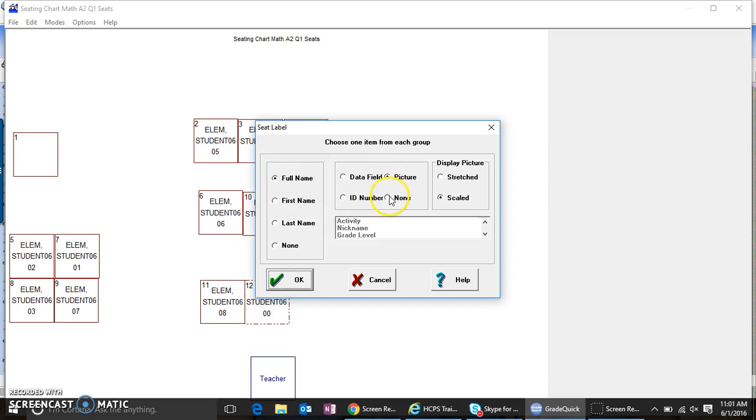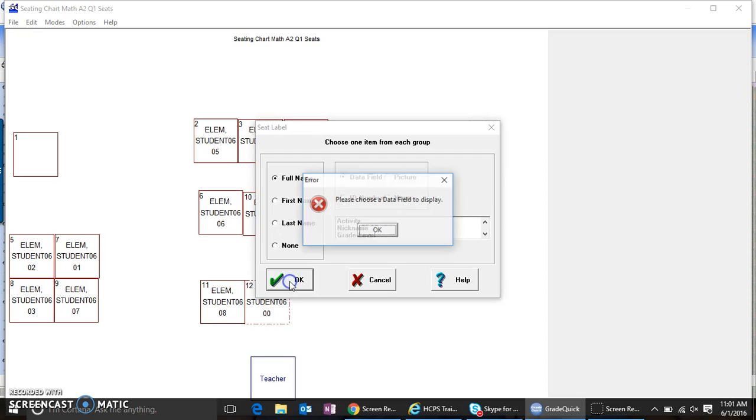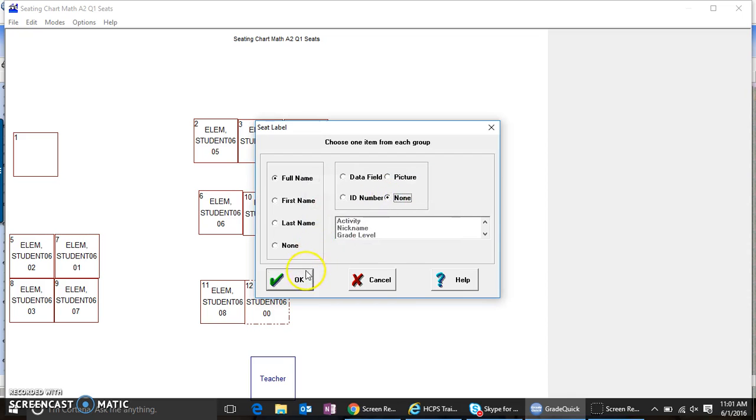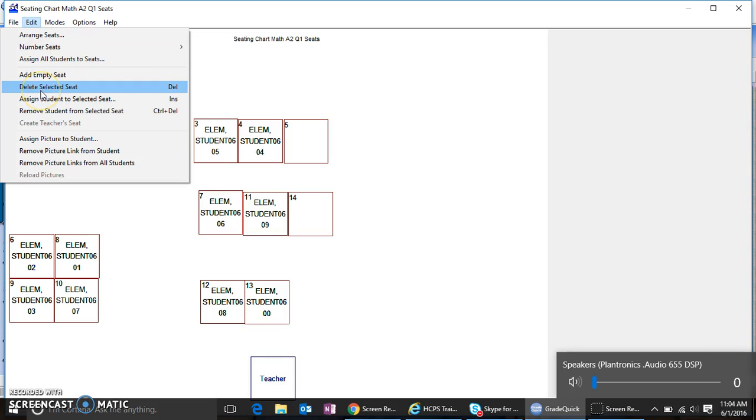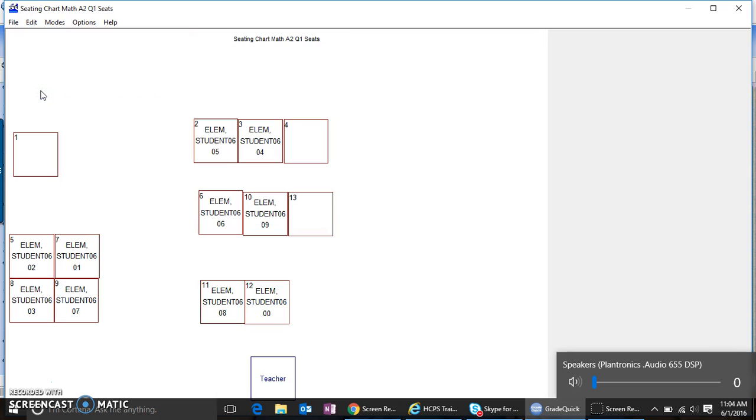So I'm just going to leave it at full name. Say OK. So now if I need to delete a student from my seating chart, maybe a student just needs to be moved, or they've switched classes, or I just need to get rid of a seat, all I need to do is select my seat. So I'm going to select the seat, and then I can say edit, delete selected seat, and then